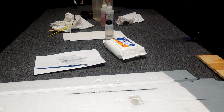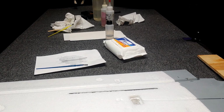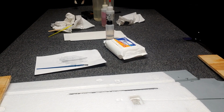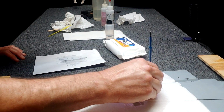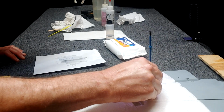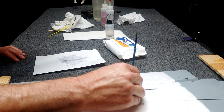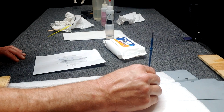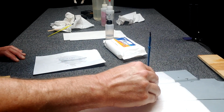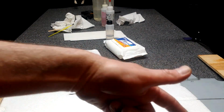Now, I'm gonna eyeball it. I think that is enough weight. And you can definitely tell that when I put that weight on the end of it, it straightened it out, because our little spar poked up and the spar is straight. All right, so it's in there, guys. We'll do a couple more, and then we'll figure out